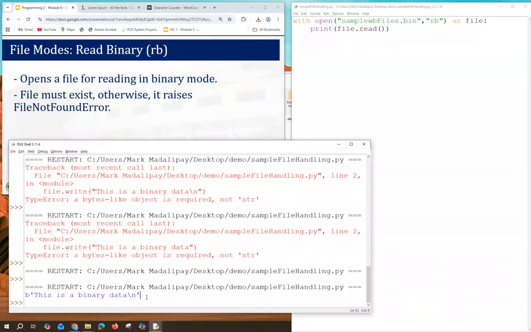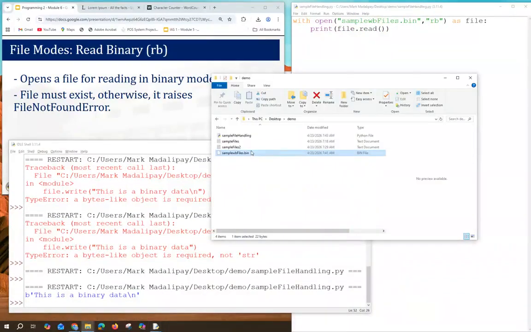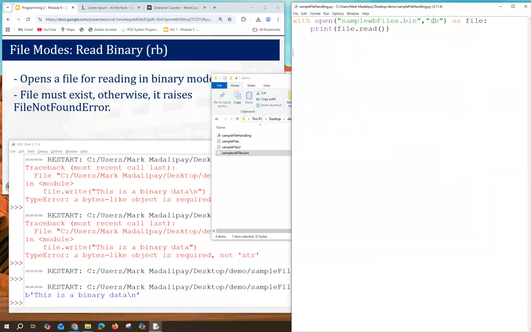Okay, so this is the content of our binary file. This is our binary data. So we make use of WB to write our binary, and we make use of the RB to read our binary.